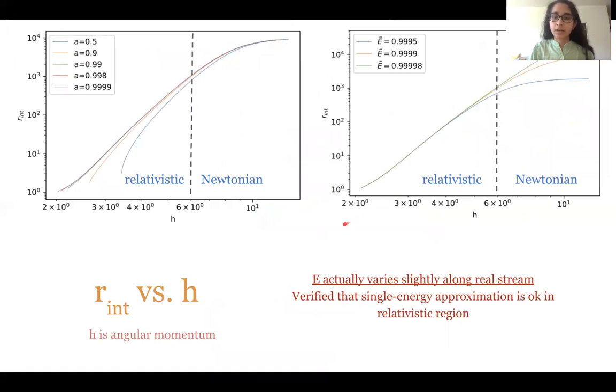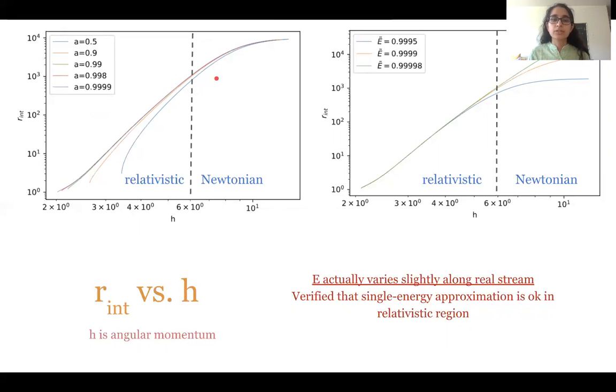Once we have our intersection, again, we want to plot it as a function of angular momentum h. Now, we do this for different black hole spins A and for different energies. If you look at this plot and think about it, it makes sense that our intersection versus h, the different plots approach each other for the Newtonian region and are very different from each other in the relativistic region, because